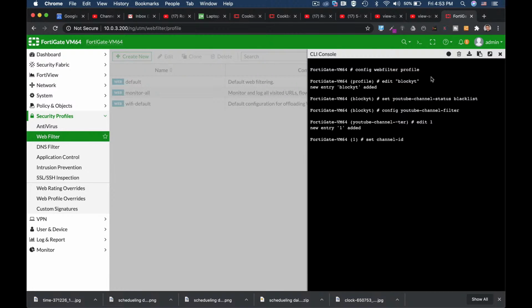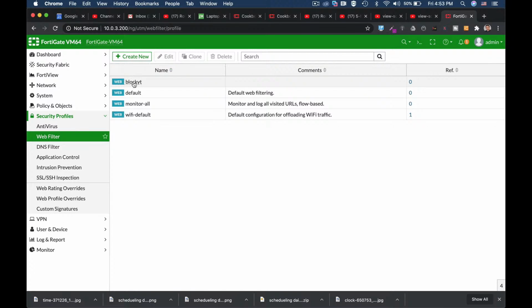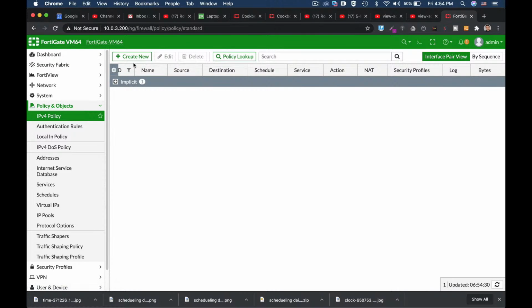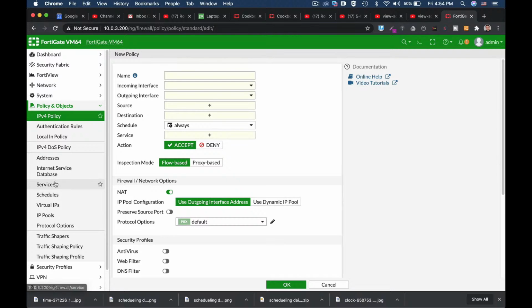Let's set the channel ID to the one that we have just copied, and let's just end. And now let's refresh our page, and we have a new security profile which actually puts our channel into a blacklist. Now you can only do it if you're using a proxy-based inspection mode and if you're using deep SSL inspection. So let's just create one, but before we create it, we also need to create an